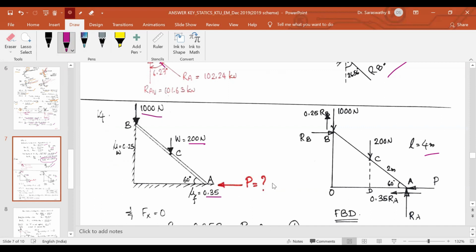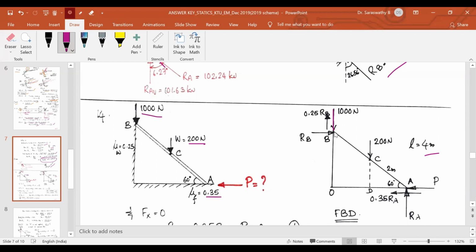This is the question. Let us draw the free body diagram. The ladder example, the first step is draw the free body diagram. So remove these surfaces. I have shown just vertical lines and horizontal line. This is the ladder, inclined at 60 degrees. The forces, mark the forces, 1000 Newton acting at the top, self weight acting at the center. If it is 4 meter, this will be acting at 2 meter from here. Now at this surface, there is a normal reaction, RB, perpendicular to this wall.